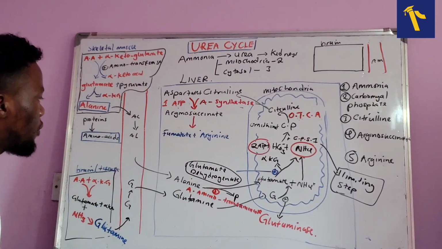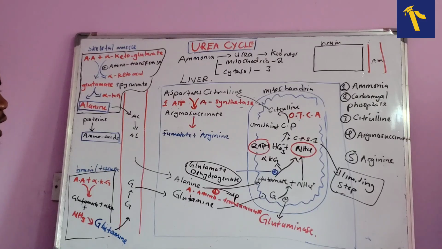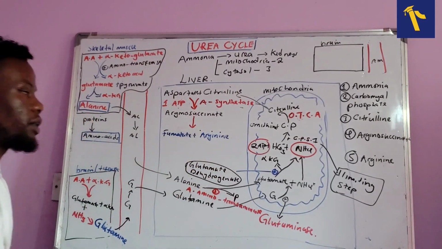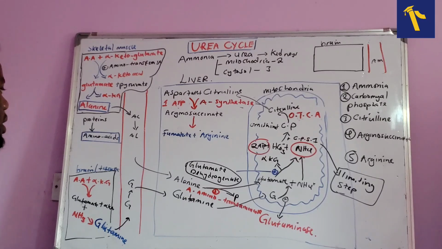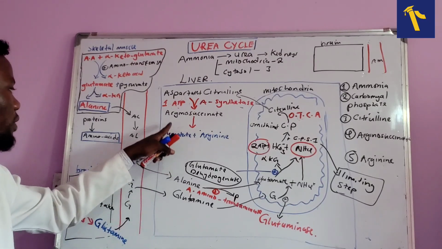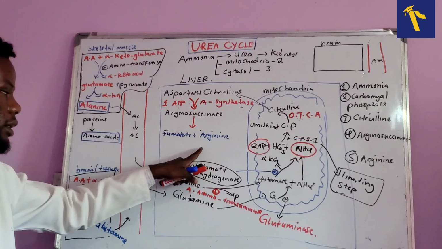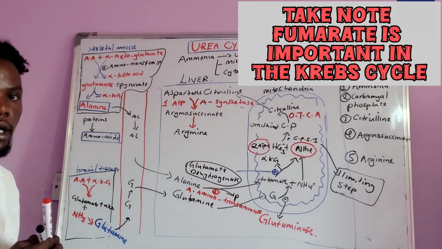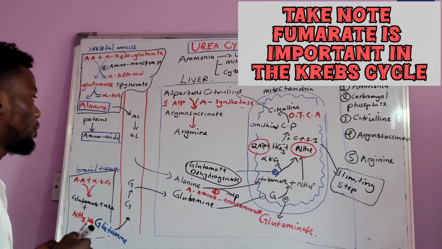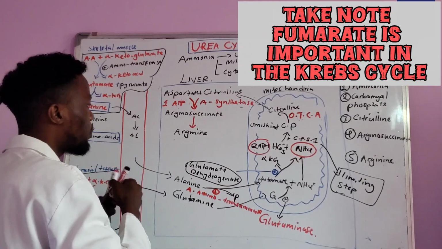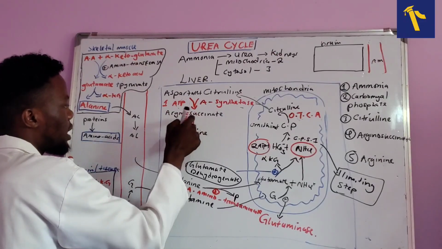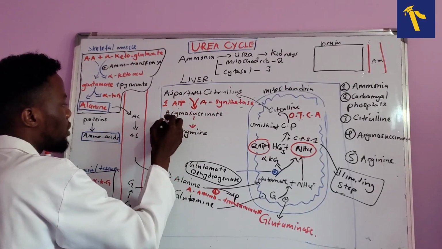Okay, so if we have fumarate and arginine, now we're going to make sure that arginine is going to be converted into something as well. Okay, so now what is the enzyme that's going to convert argininosuccinate into arginine? What do we call that? Remember what I said is that any step is going to require what we call an enzyme. Okay, so this one is going to require what we call argininosuccinate lyase. So the enzyme that's going to catalyze this reaction is what we call argininosuccinate lyase.